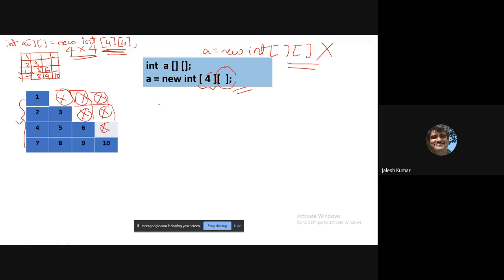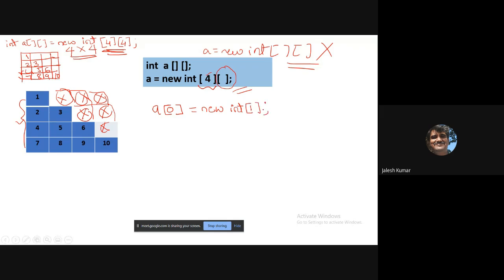Then once you declare like this, what do you have to do to allocate? You have to tell that at zeroth row you allocate new int, how many cells? One cell.